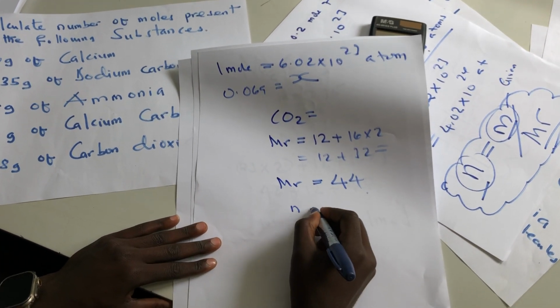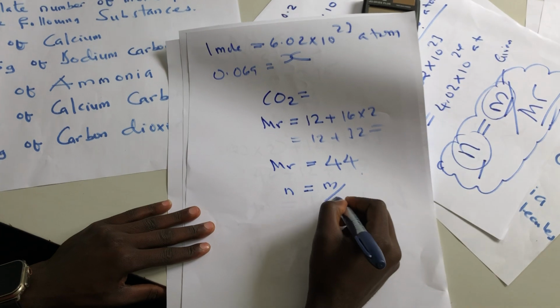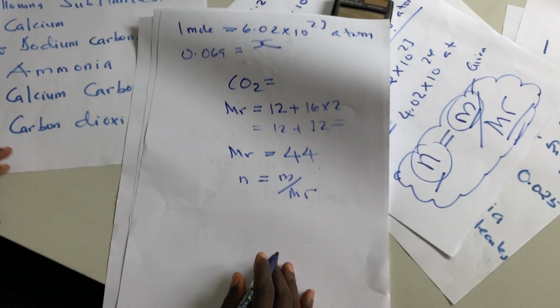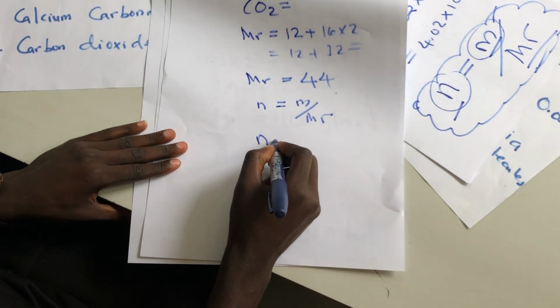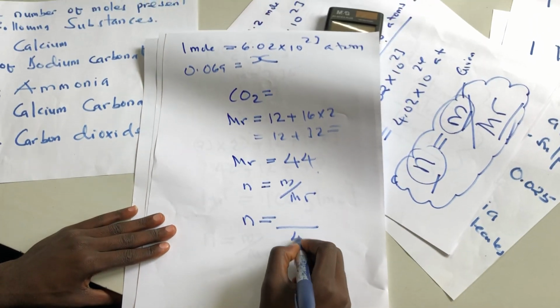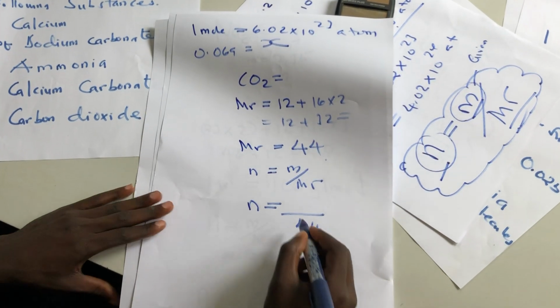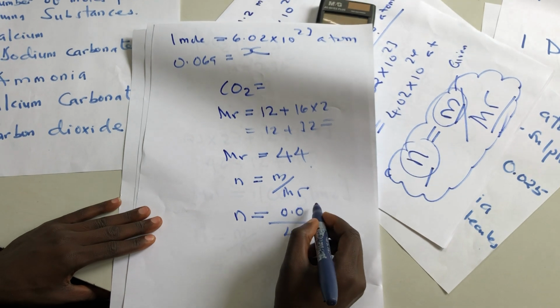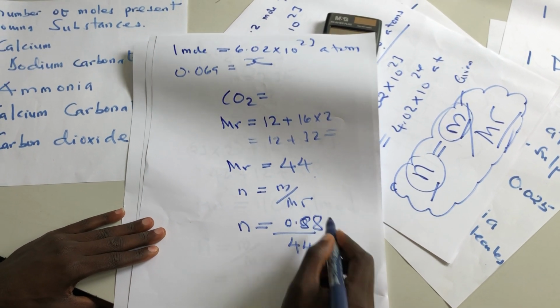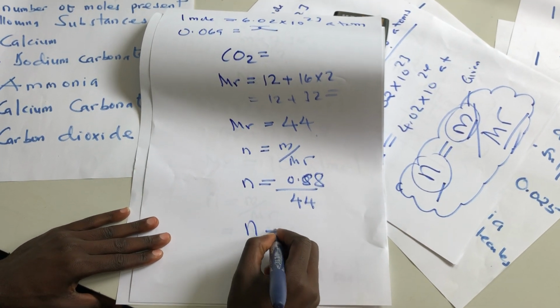Then number of moles equals mass divided by molar mass. The molar mass for carbon dioxide is 44, mass given is 0.88. Then number of moles equals